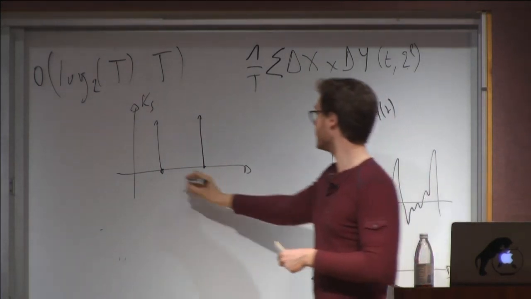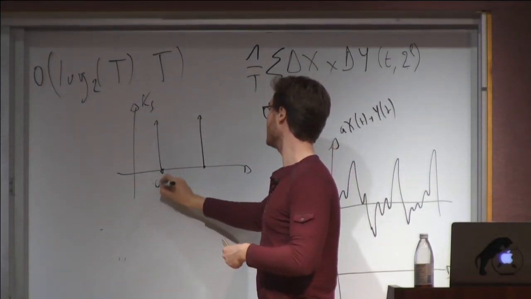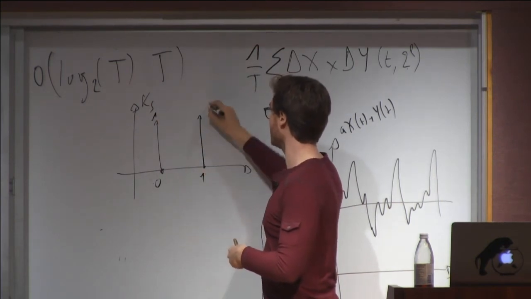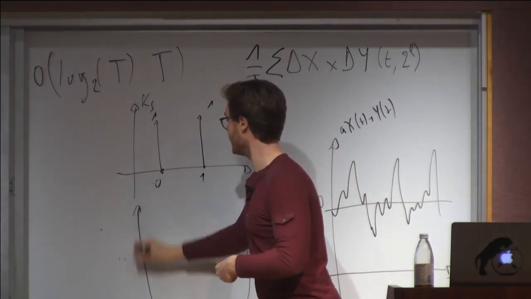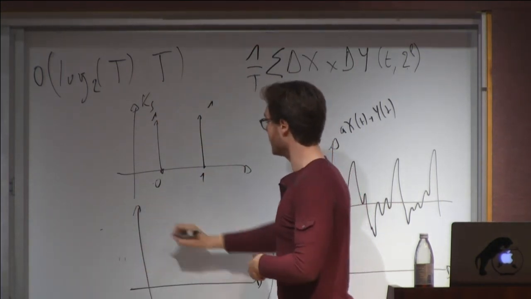In 0 it's 1, and in 1 it's 1. If I try to find the corresponding wavelet filter,